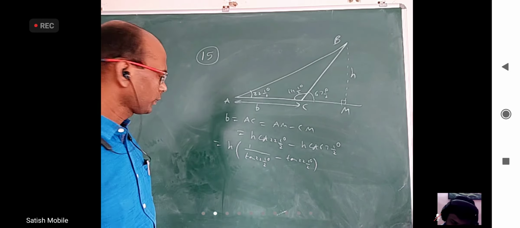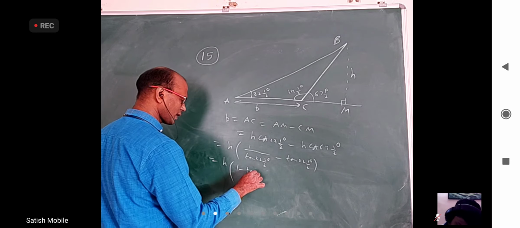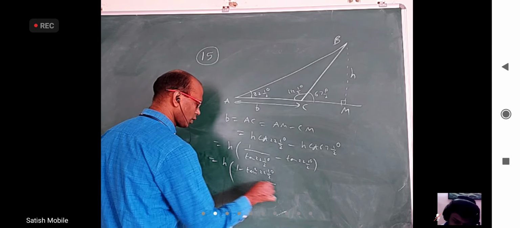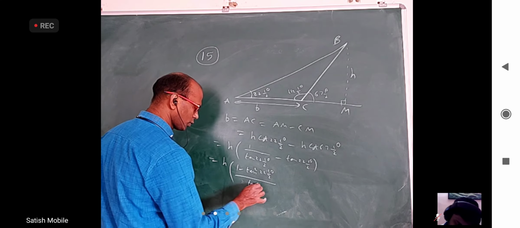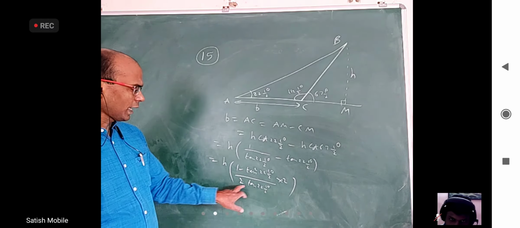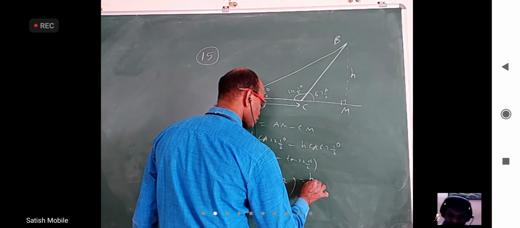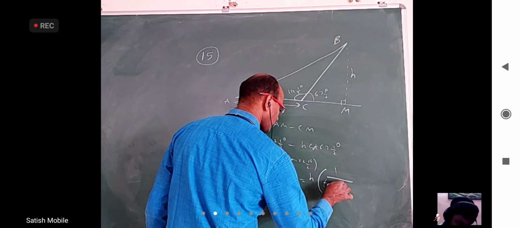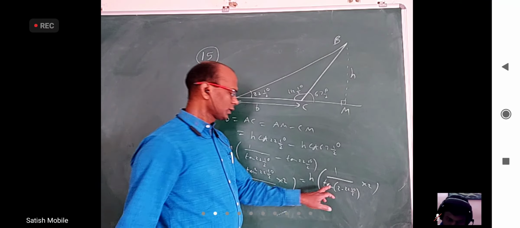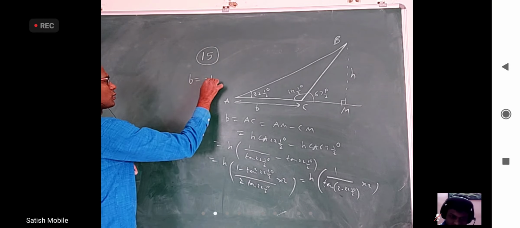If you don't know, then you can take LCM here and write H into 1 minus tan square 22 and a half by tan 22 and a half degrees. You can even write sin by cos also. It's okay. If I multiply and divide by 2, 2 tan theta by 1 minus tan square theta is tan 2 theta. This is reciprocal of that. So, H into 1 by tan of 2 times 22 and a half degrees into 2. This is tan 45, which is 1, you'll get 2H. Okay. So, you got base is equal to 2H.